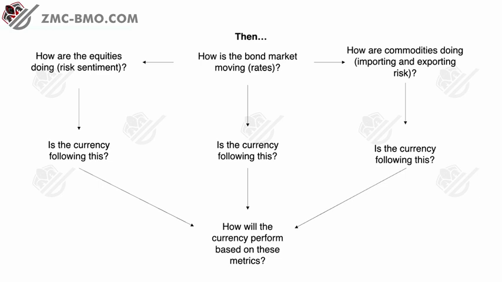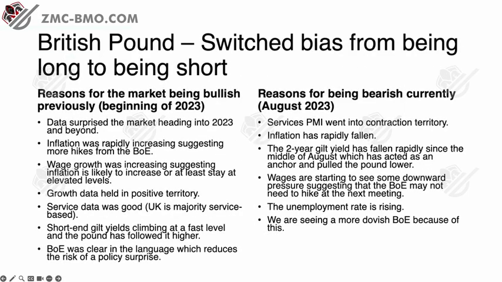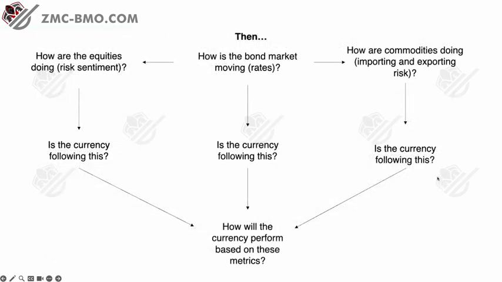Based on everything you've seen and learned, understand what drives that currency. So you can do something like this, where you're doing your spread analysis. Reasons you're going to be, let's say, bearish the pound will be over here now. Reasons you're going to be bullish the pound. Well, if these aren't switching, there's no reason for you to be bearish or bullish the pound at that stage. Those are just examples of what you would need to do.